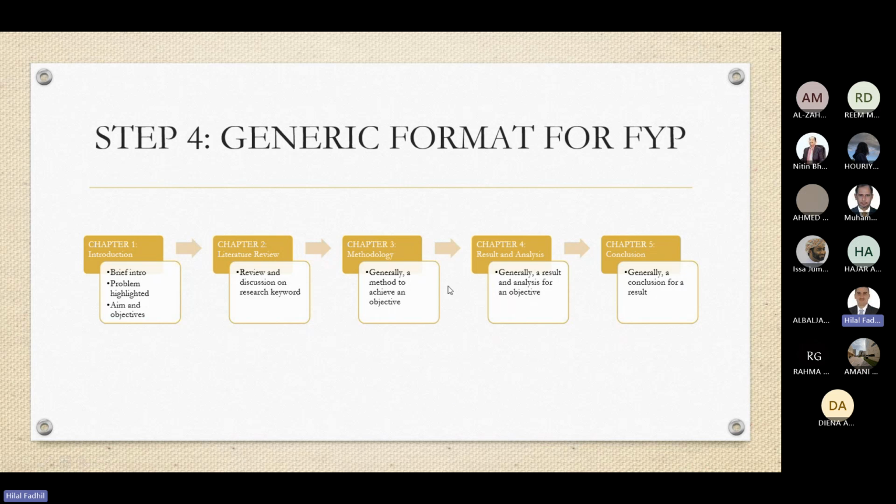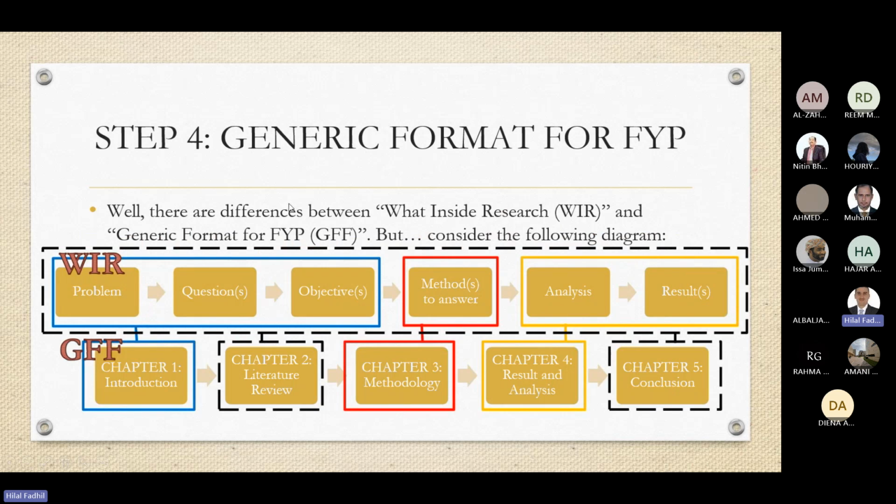We cannot write the abstract of the final year project in the beginning unless we have all these findings from chapter 1 to chapter 5. Then we can write the abstract. Usually the abstract reflects the conclusions, but the conclusion deals with numbers and percentages. The abstract can be general. So here I make it as WIR, which is what is inside the research,